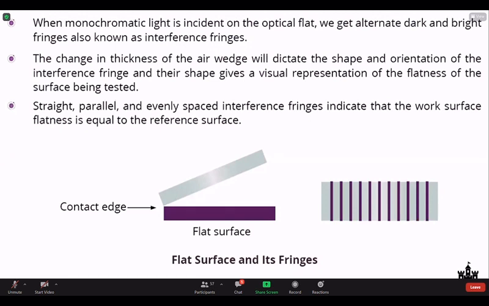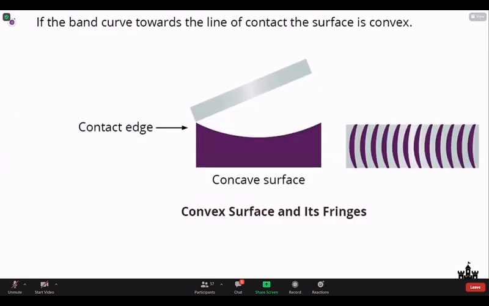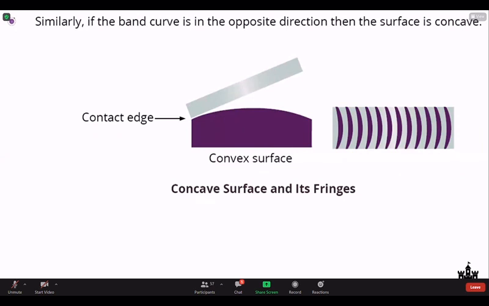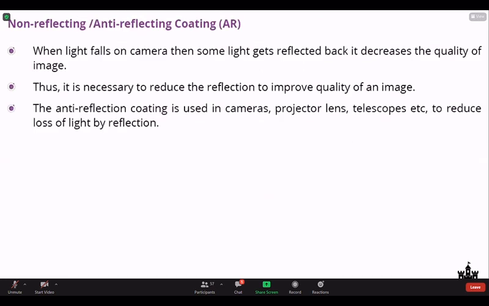Okay, so ये कल हमने एक application देखा था. One of the applications is to measure the flatness of the surface. So if you have a concave surface, the fringes you will observe will be concave in nature. If it is a convex surface, you will observe the fringes like this, as you can observe on this slide. So such will be the pattern. Very interesting applications of it.